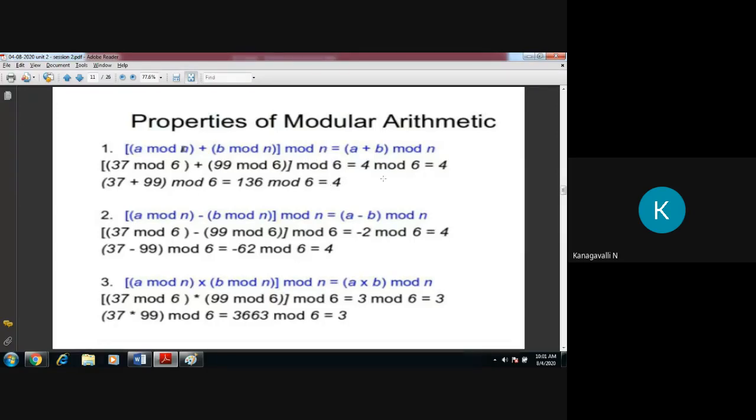So in the same way, you have to solve all these properties, right? So A mod n minus B mod n, then take your resulting part and again take the modulo, then the same result you'll get from A minus B mod n, right? The same way for the product also: A mod n multiplied with B mod n, and take mod n of the whole result. This is a similar thing. Product of A and B, then take the mod value, and the result is the same, right? Just to check this condition, the properties of modular arithmetic, right? Any doubt? Any doubt?